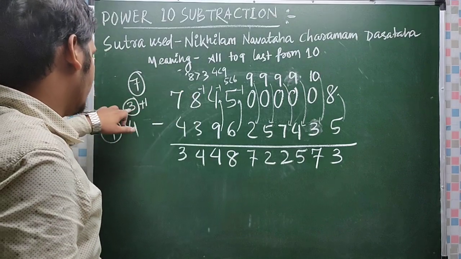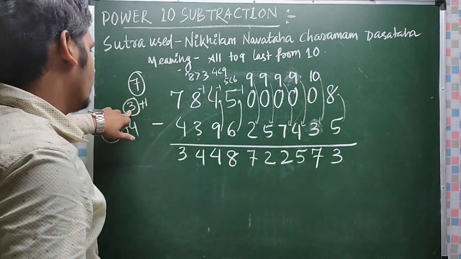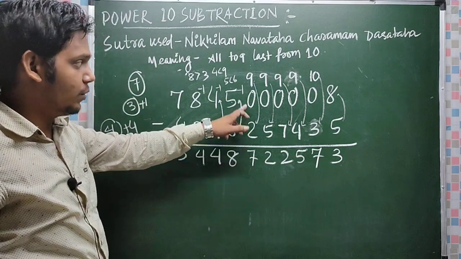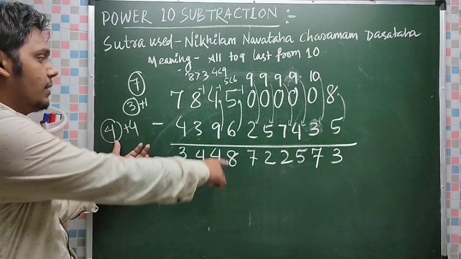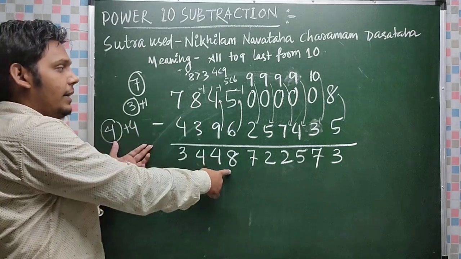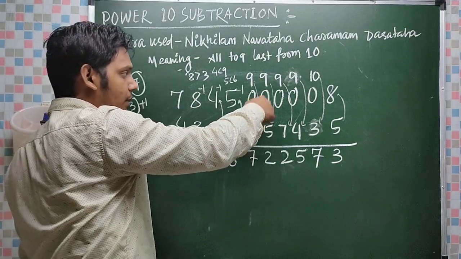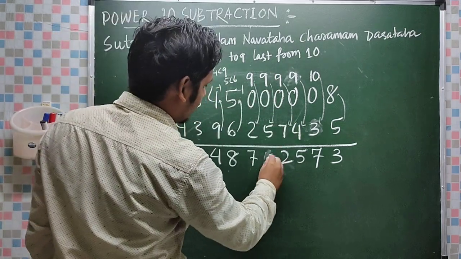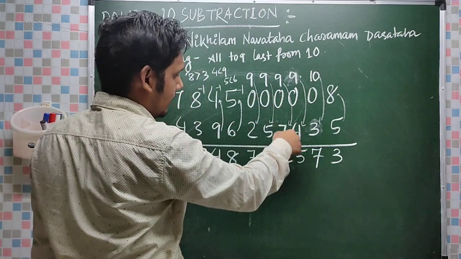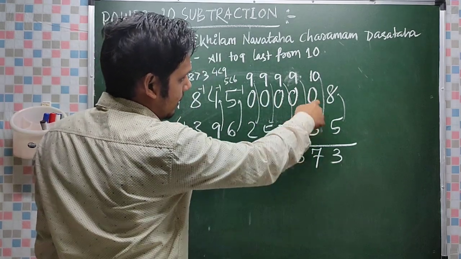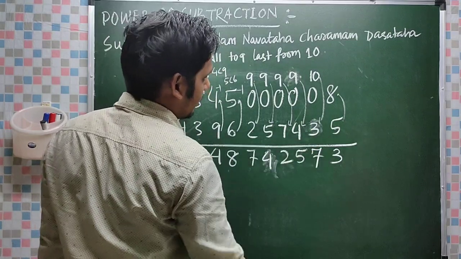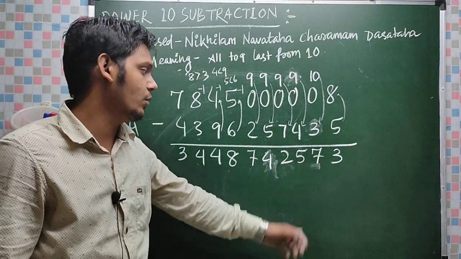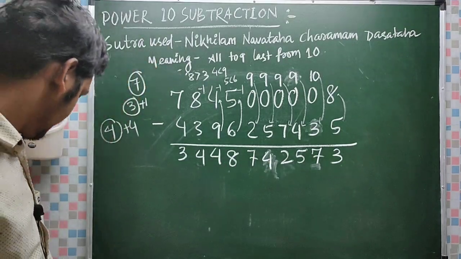So 4 decreased by 1, 3, 9 complement added to this, that is 3 plus 1, that is 4. And thereafter 0 is less than 2, so 5 decreased by 1, that is 4, and 6 complement added, that means 4 plus 4, 8. Thereafter direct subtraction: 9 minus 2, 7, 9 minus 5, 4, 9 minus 7, 2, 9 minus 4, that is 5, 9 minus 3, this is 10 minus 3, that is 7, and 8 minus 5, that is 3. Your answer is 3, 4, 4, 8, 7, 4, 2, 5, 7, 3.